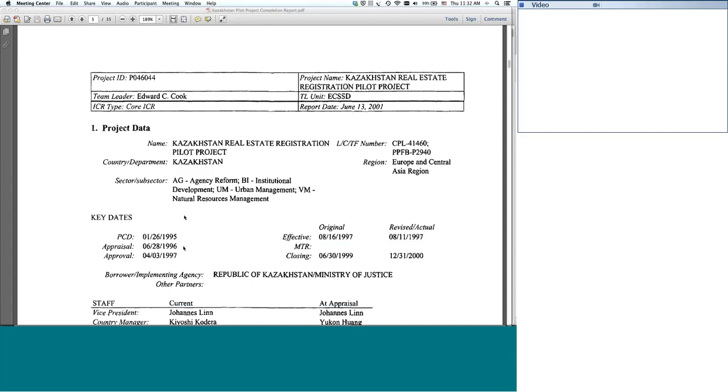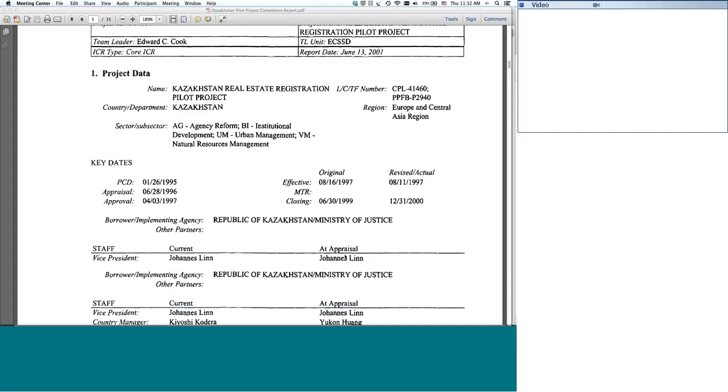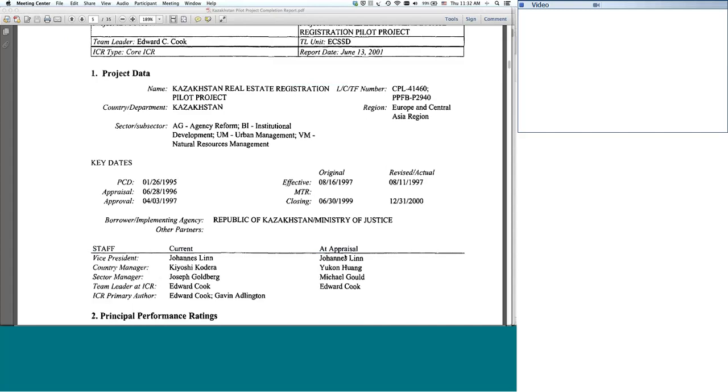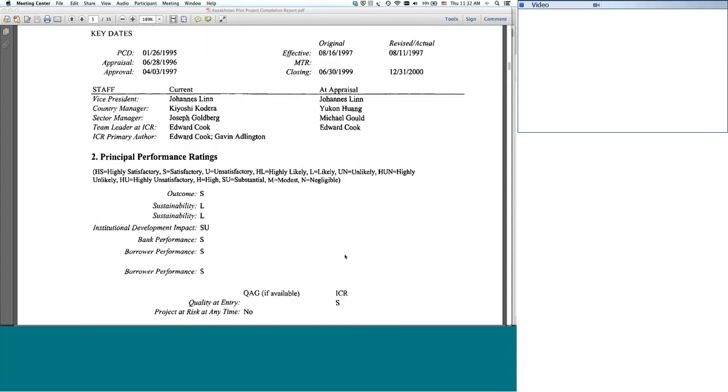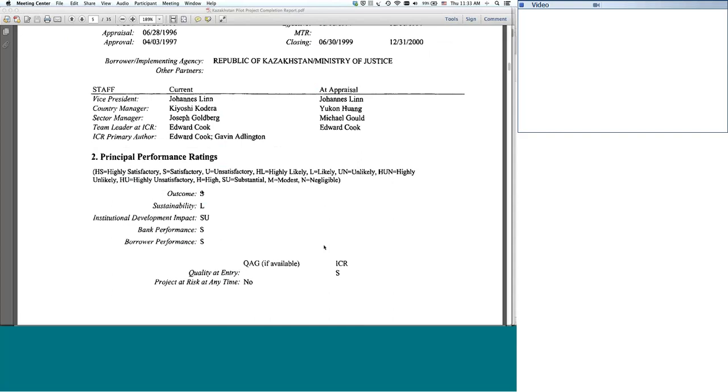So outcome was satisfactory. These are the meanings of these letters. Outcome was satisfactory. Sustainability is likely. Institutional development was substantial. And a lot of it was the institutional development, setting up the infrastructure within the Department of Justice and making this thing work. So that was substantial. And the bank performance was satisfactory, and the borrower performance was